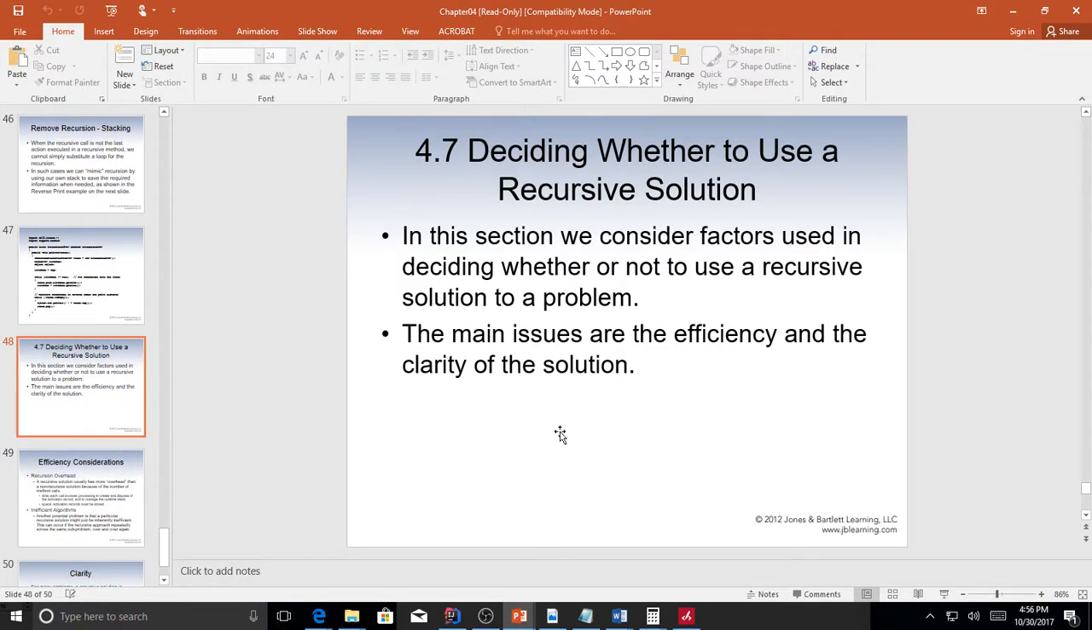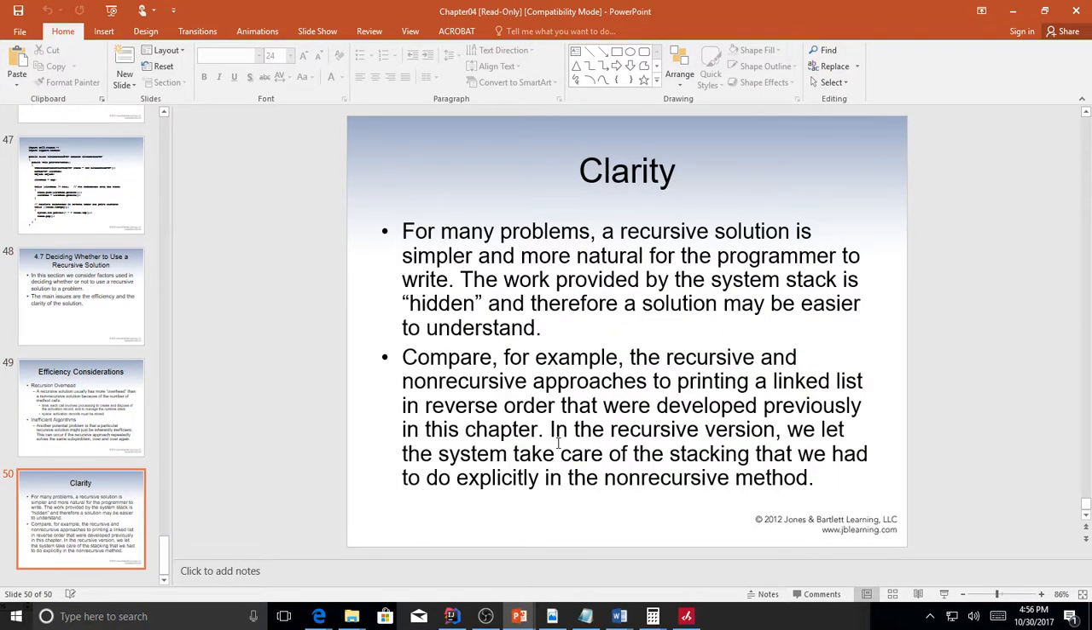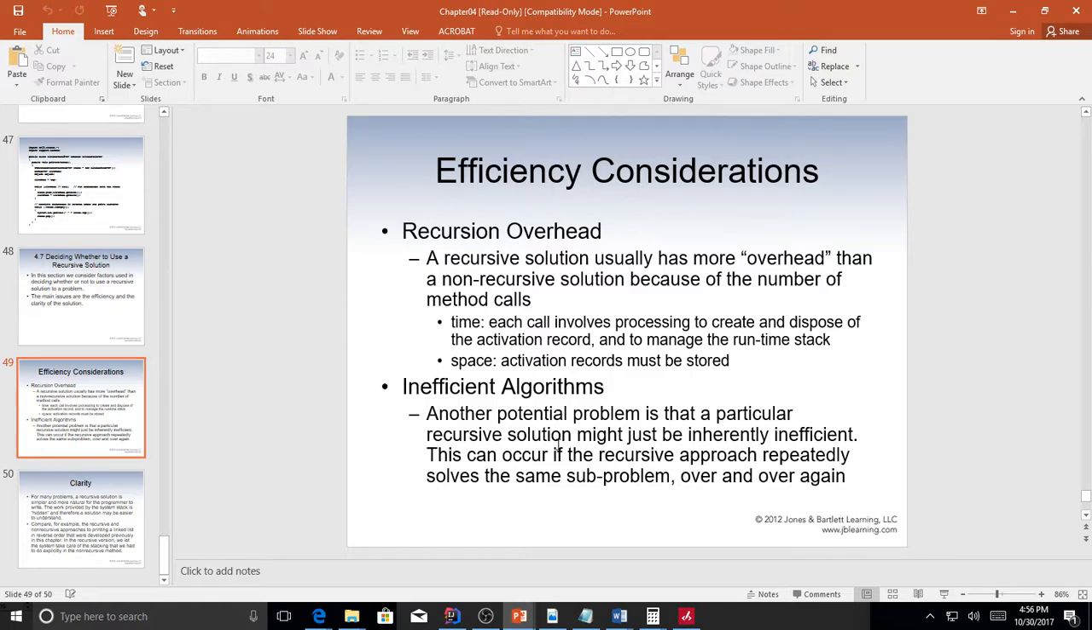I just need to show you how to change from recursive to iterative. So first,